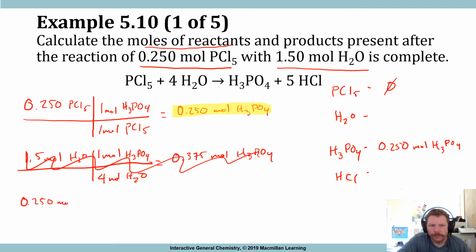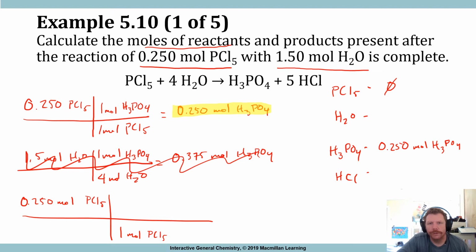0.250 moles of PCl5, 1 mole PCl5 will produce 5 moles HCl. So 0.250 times 5 gives me 1.25, divide that by 1, and lo and behold, I'm able to produce 1.25 moles of HCl. Okay, great. Now the last one,